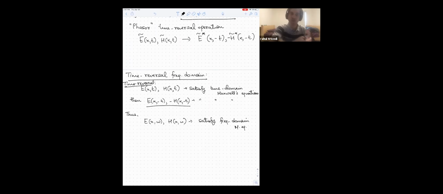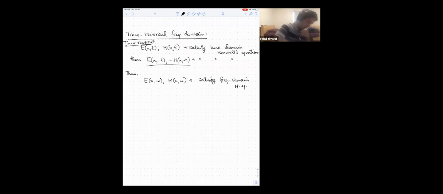So what is the Fourier transform of a time reverse solution? Well, if you remember from your Fourier transform class, if the Fourier transform of f of t is f of omega,